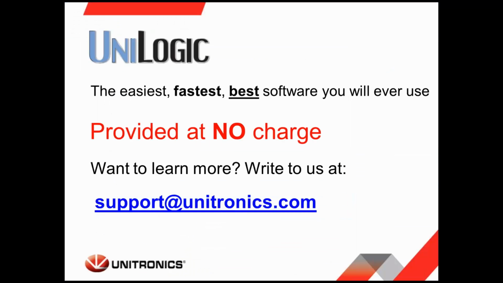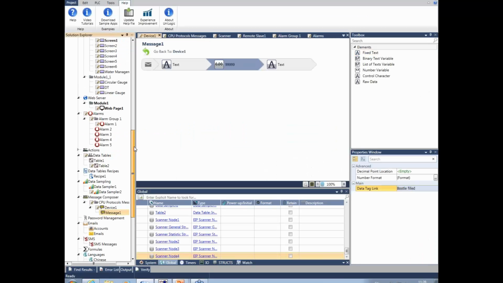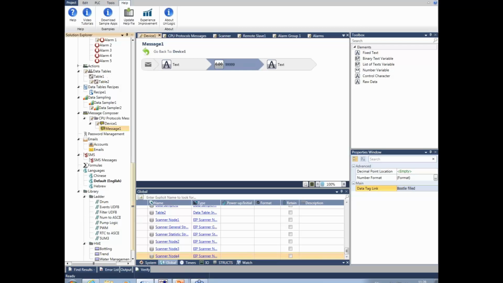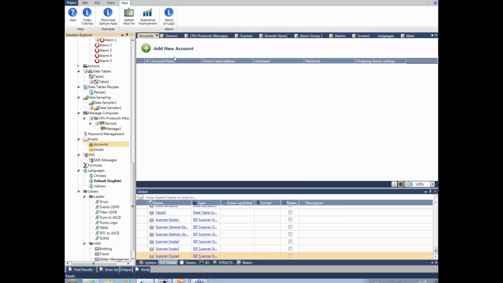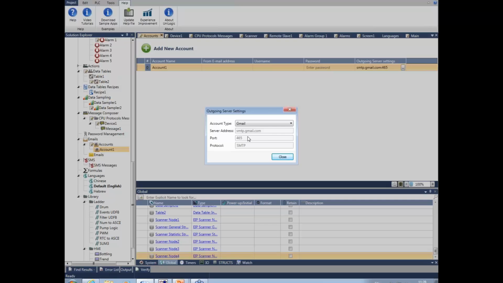All right, let's take a look. Okay, we've got another question. Email support. Okay, somebody wants to know about email support. You want to go back over and show us? We support also sending emails and SMS, and also you can see that it looks almost the same as what we did before. We can add an account of the email, setting the email address, username, password, set the mail server that we are going to use,